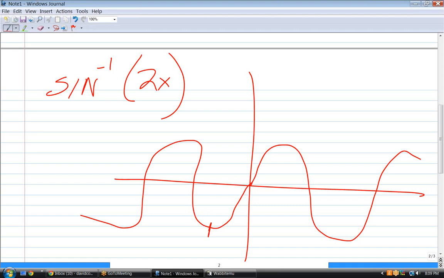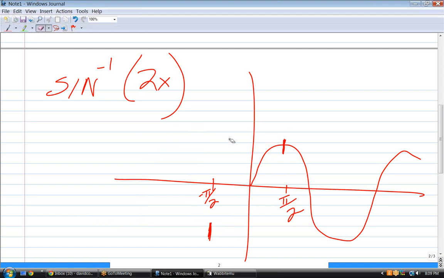And they restrict it to minus pi over 2 to pi over 2. In other words, between those 2 points, that's where they restrict the domain. And notice what we're looking at here, the first quadrant and the fourth quadrant. That's why our principal values for inverse sine end up in either the first quadrant or the fourth quadrant, because they've restricted the domain. Now, if I restrict this domain to there,